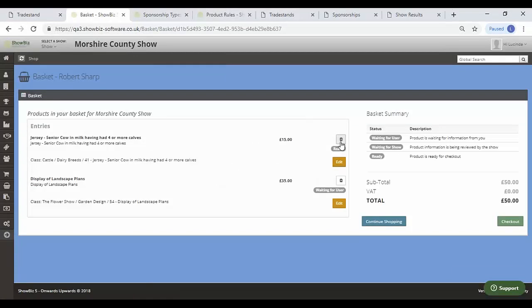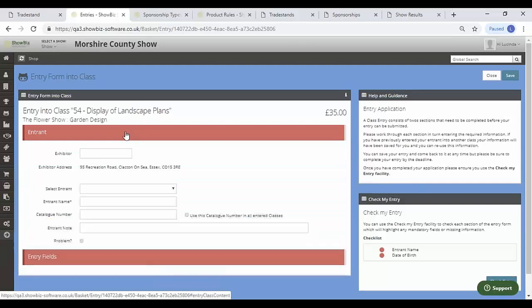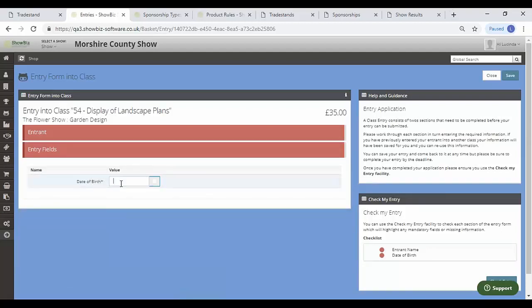You can see here one's ready to check out and the other one is waiting for the user, so they need to add some more information. We can then go through and complete the information. So the exhibitor is going to be Robert Sharp. And then the entry field, the mandatory entry field we've got for this one is date of birth, so 01